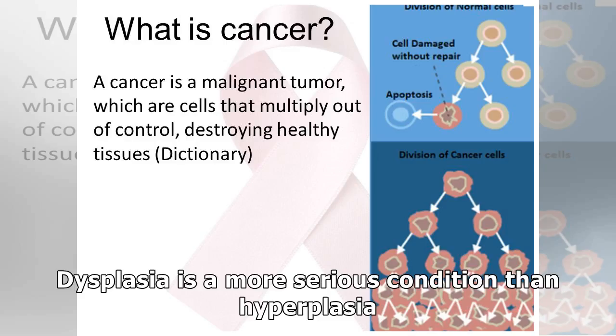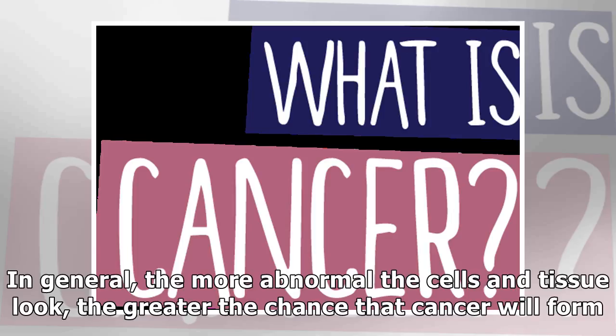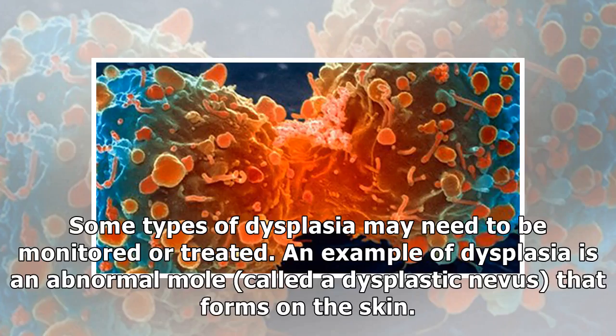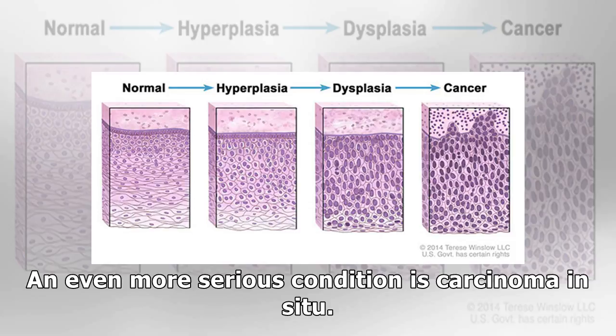Dysplasia is a more serious condition than hyperplasia. In dysplasia, there is also a buildup of extra cells, but the cells look abnormal and there are changes in how the tissue is organized. In general, the more abnormal the cells and tissue look, the greater the chance that cancer will form. Some types of dysplasia may need to be monitored or treated. An example of dysplasia is an abnormal mole, called a dysplastic nevus, that forms on the skin. A dysplastic nevus can turn into melanoma, although most do not. An even more serious condition is carcinoma in